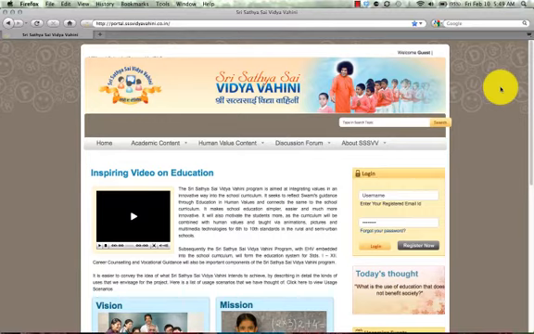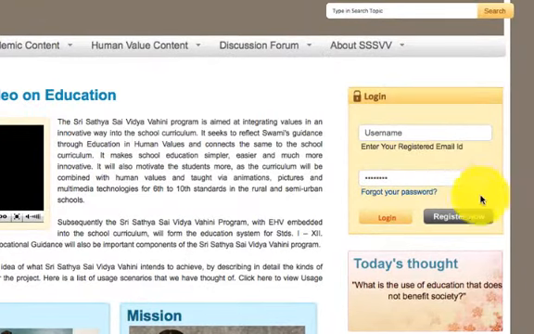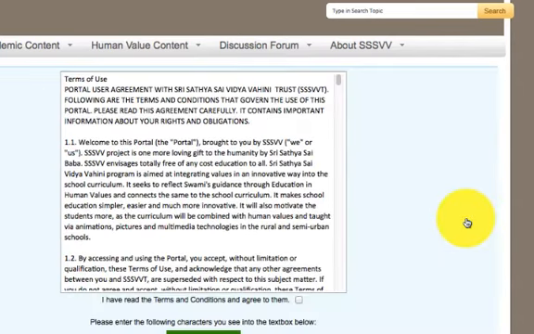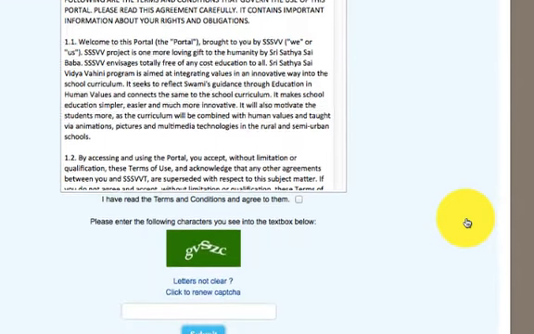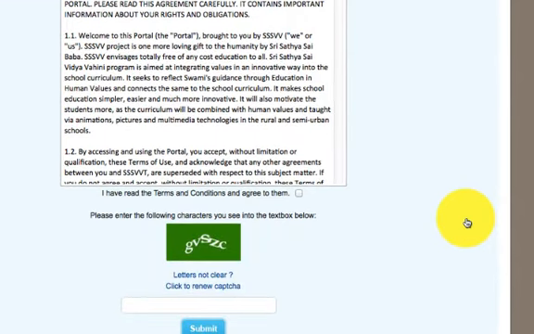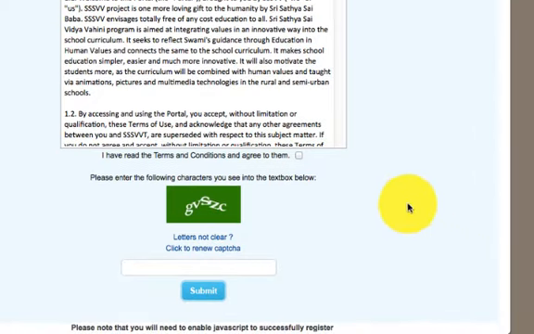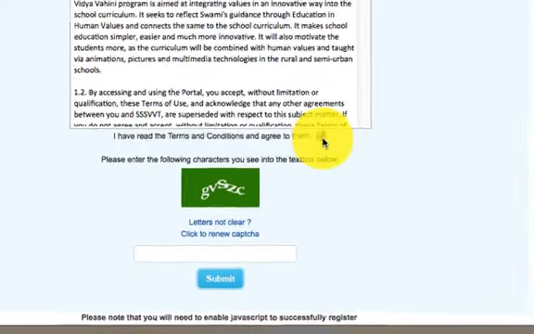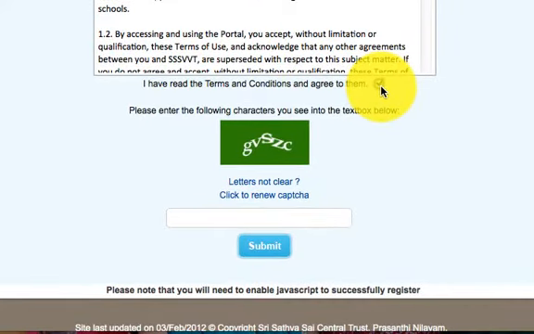As indicated in the earlier part of this presentation, there are three types of roles for which a user can register. The registration happens by clicking on the Register Now button. Once the user clicks on the Register Now button, the system presents to the user the terms and conditions page. On this page, the user needs to accept the terms and conditions